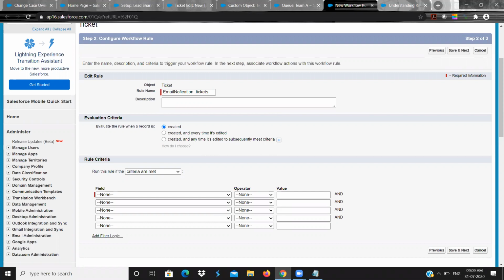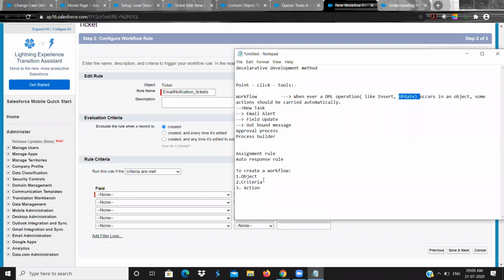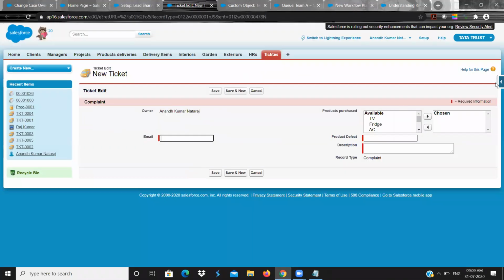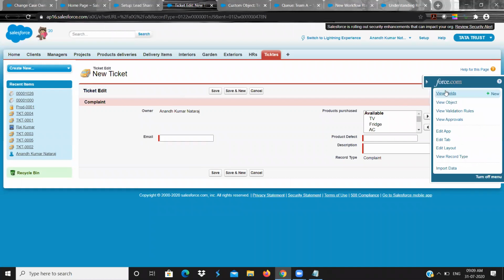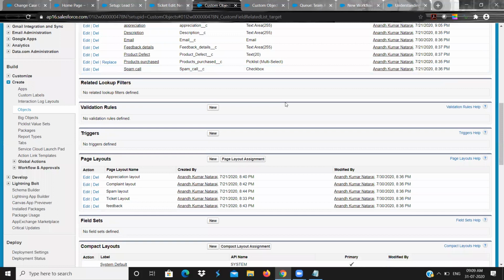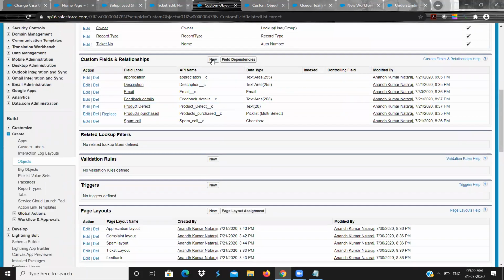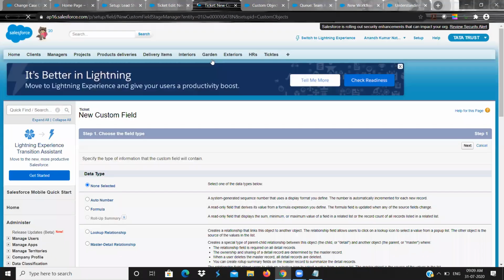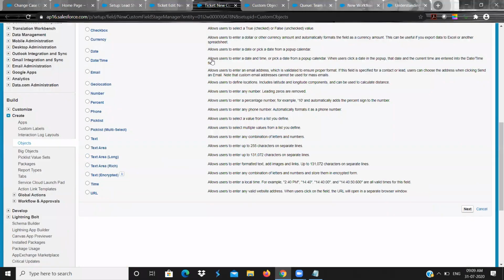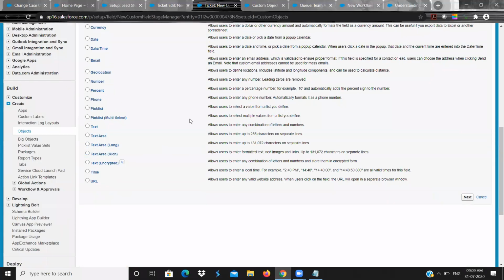For example, in the ticket object, let me create one more field here, then you will understand better. New custom field. That field will be a pick list field.